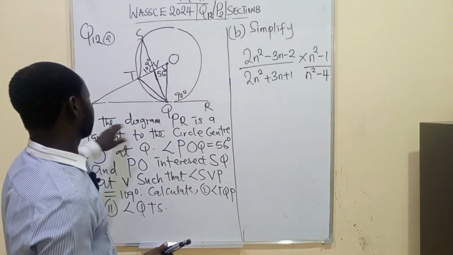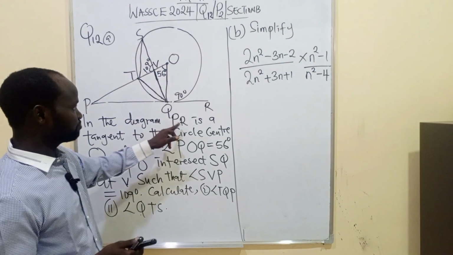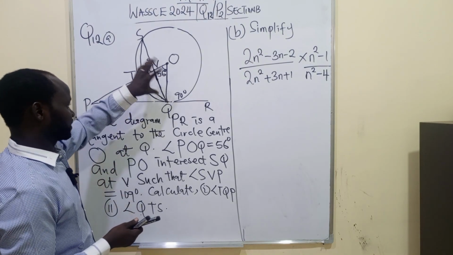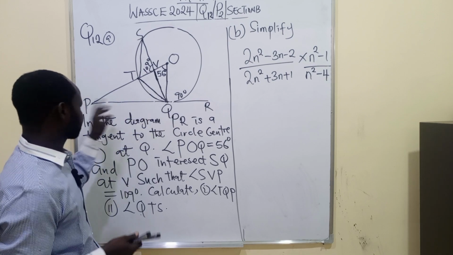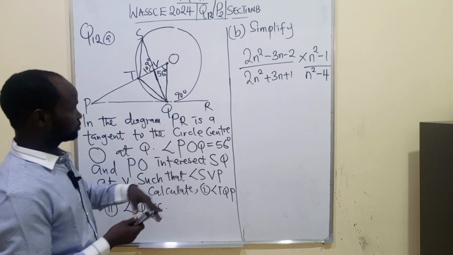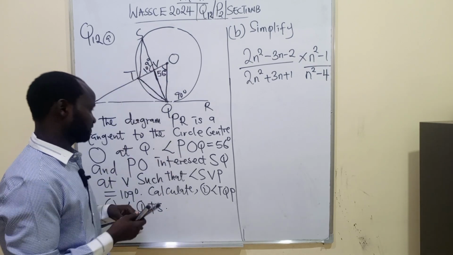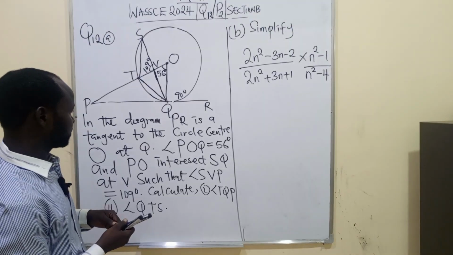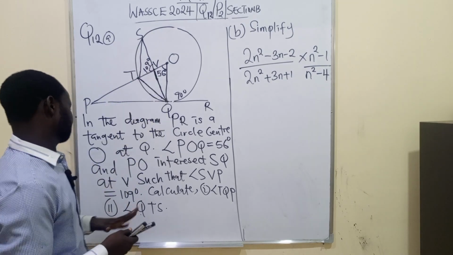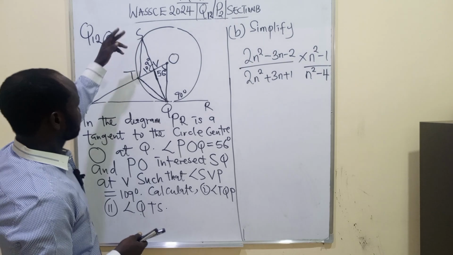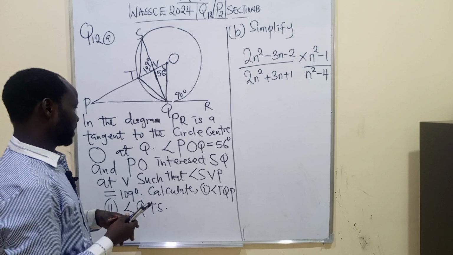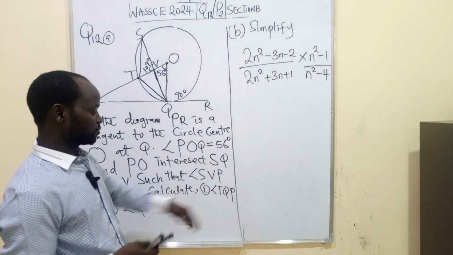Question 12A reads: in the diagram, PR is a tangent to the circle, center O, at Q. So we have a circle and a tangent to that circle from P to R, at point Q. The angle POQ is given as 56 degrees, and PO intersects SQ at V, such that angle SVP is 109 degrees. We are asked to calculate